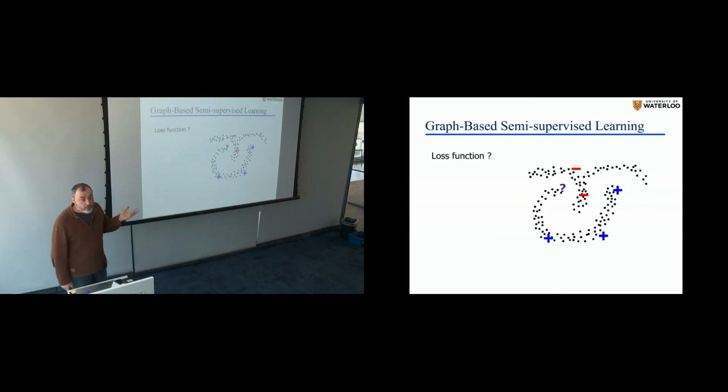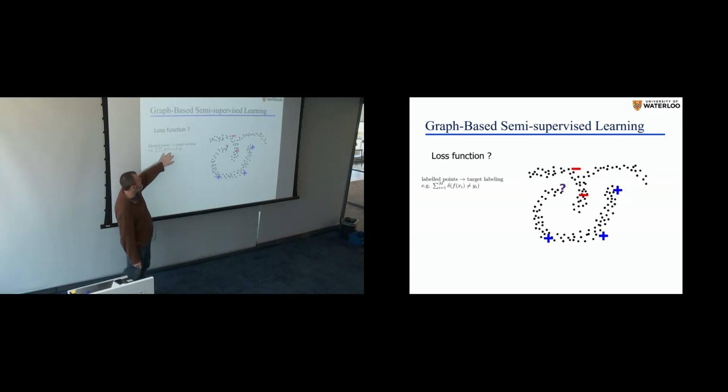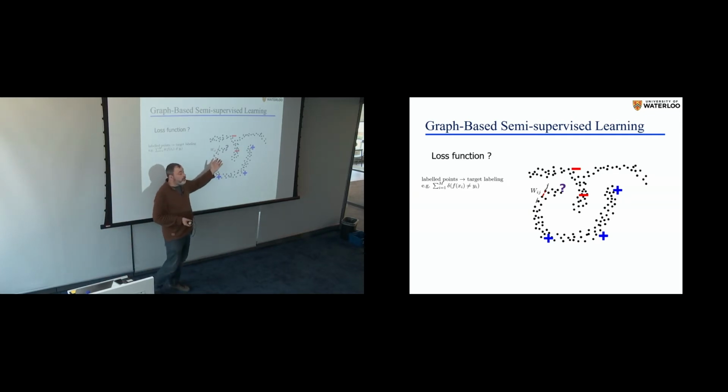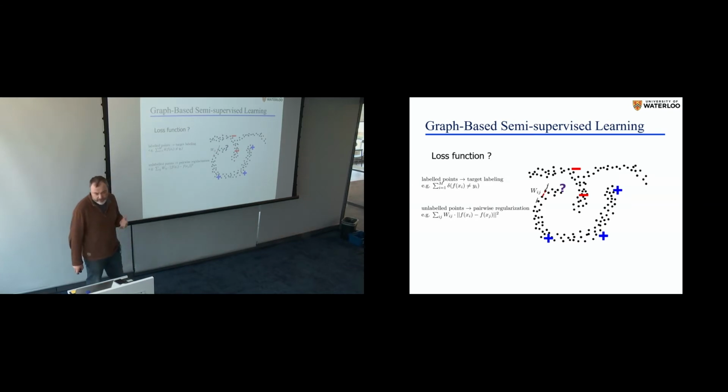So how do we do this in the context of general learning? You define, let's say, a loss function. First of all, on training, on those marked examples, i from 1 to m, you have a zero-infinity loss. If the labeling function gives you a label consistent with what is given, then the loss is zero. However, if on those marked examples the function that you're trying to learn gives you a wrong answer, the penalty is infinity. So zero-infinity penalty. And the way people would bring in the other points is through the regularization part of the loss function. You can call it the regularizer of the loss, or altogether this is a regularized loss. I think these are pretty standard terms.